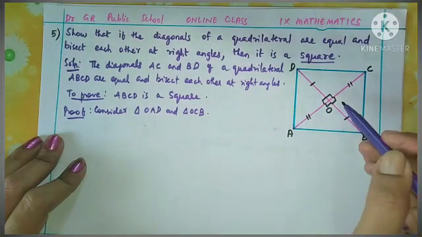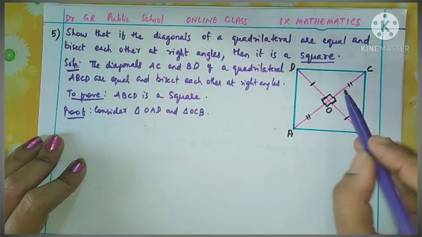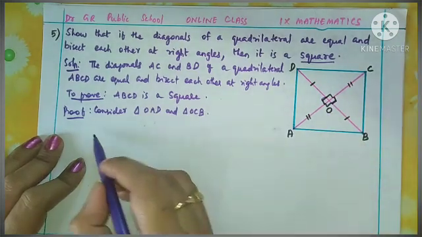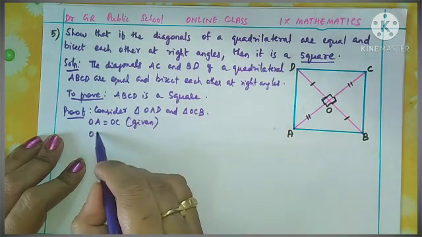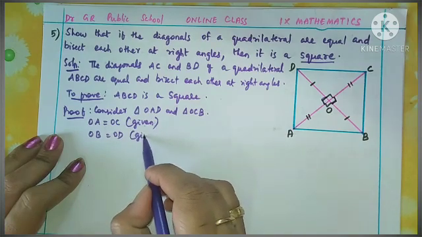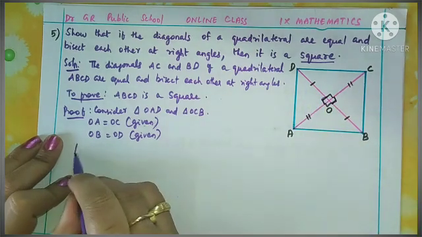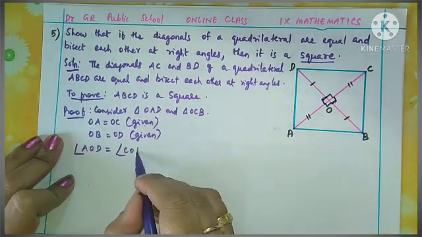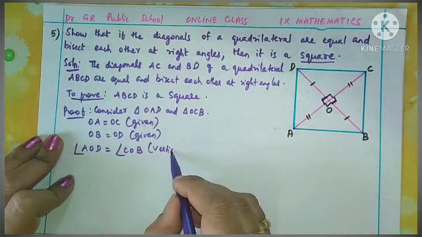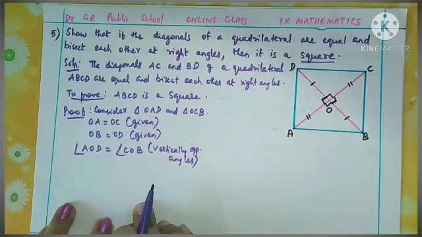And you see, what about these two angles? AOD, this angle 90, this is also 90. So vertically opposite angles are equal. So these three conditions we are going to write now. First you can write OA equal to OC, that is given. Also OB equal to OD, that is also given. And what about these two angles? What is the name of this angle? Angle AOD equal to this angle COB, they are vertically opposite angles. Understand?